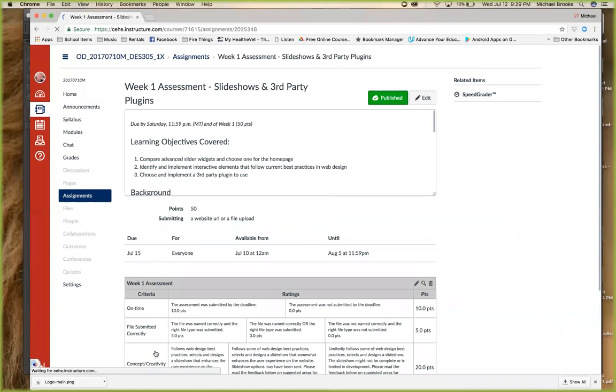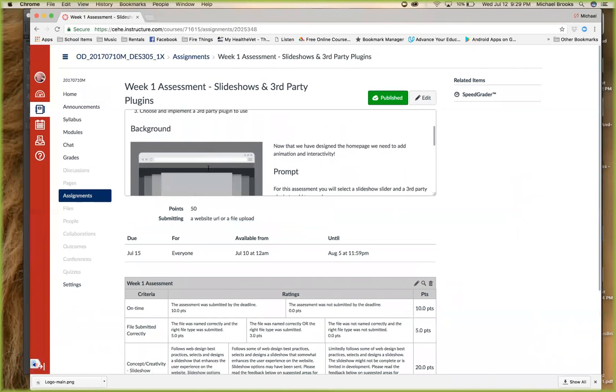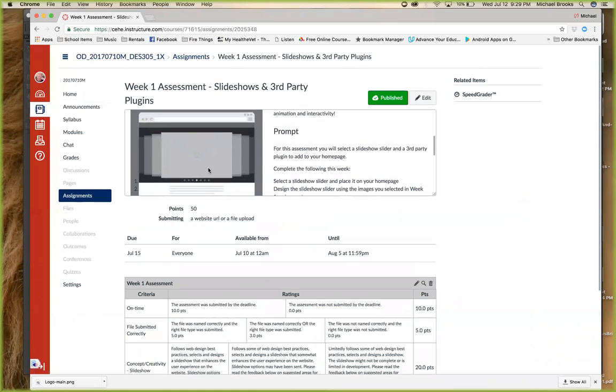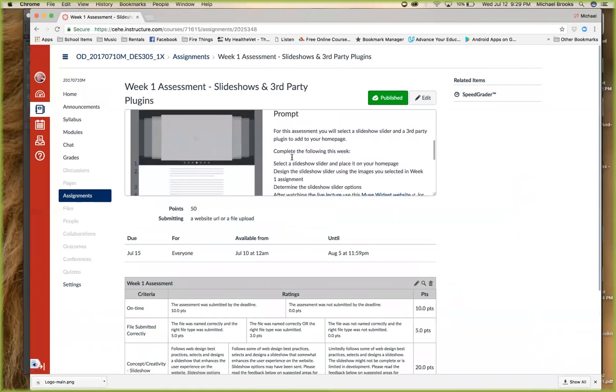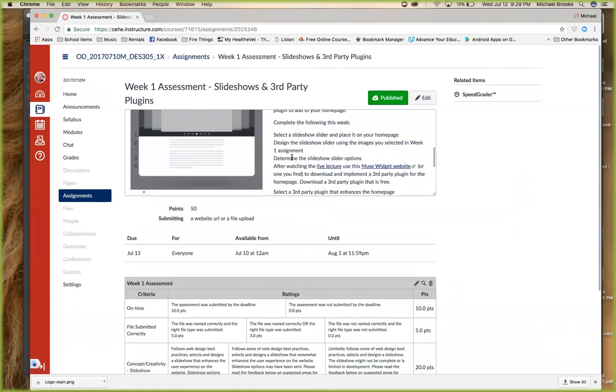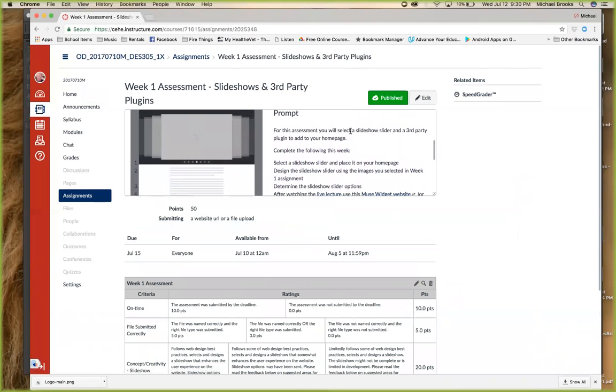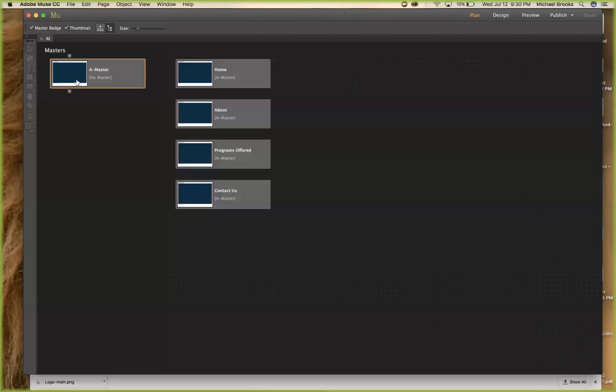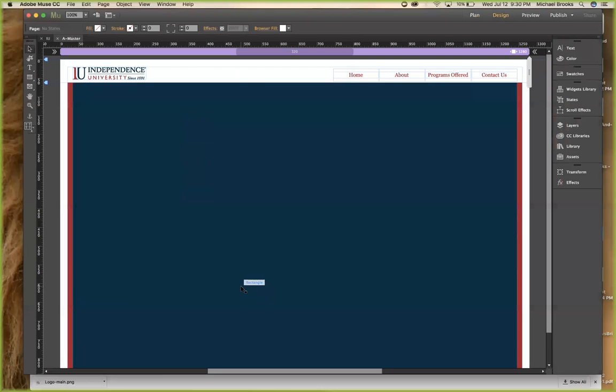the assessment. This is where the widget comes in. You're going to use a slideshow using images. Okay, so for this assignment, you will select a slideshow slider and a third-party plugin to add to your homepage. Now when we're talking about the third party here, what they're talking about,